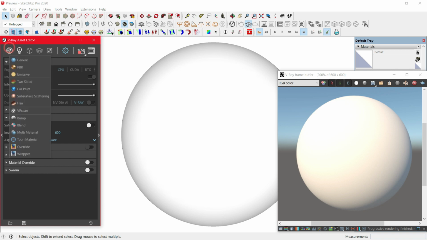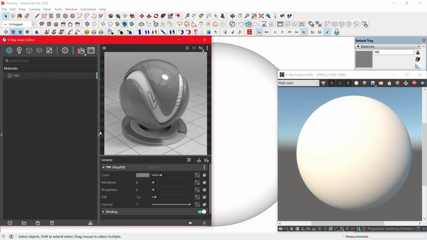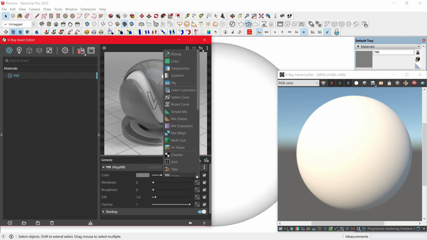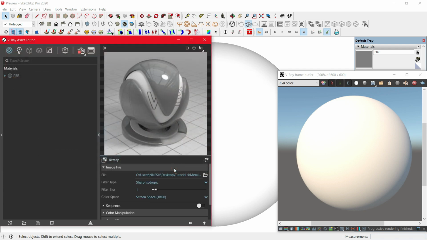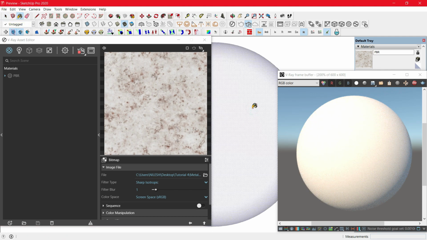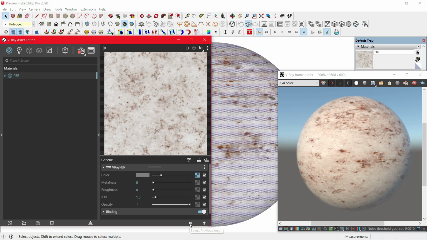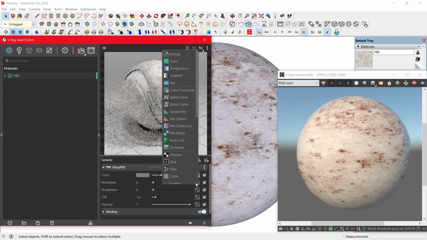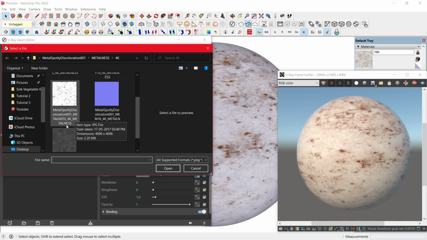Under Asset Editor, click on PBR and then maximize this slide. Now under color, click on bitmap. Now here you can see a color map. Just click on it and open. Once you're done, apply the material onto your 3D model. Now head back, and under metalness, just click on bitmap, select your metallic map and open.